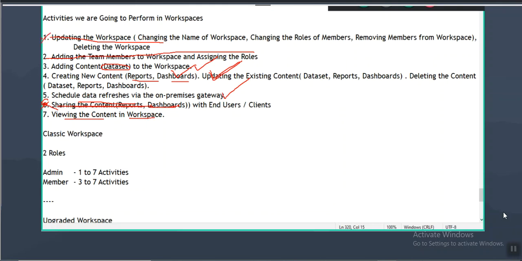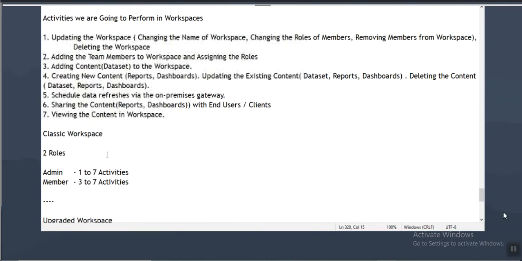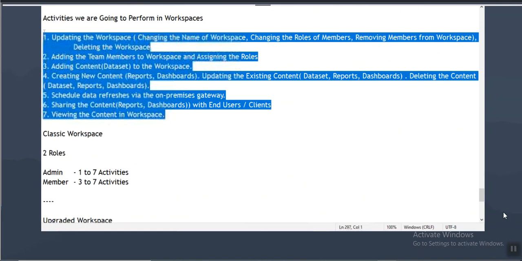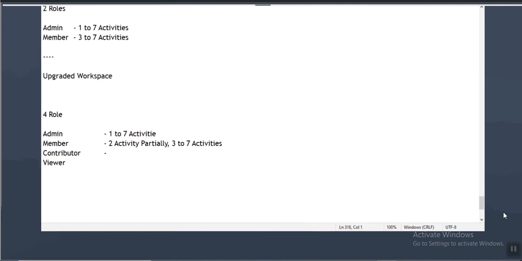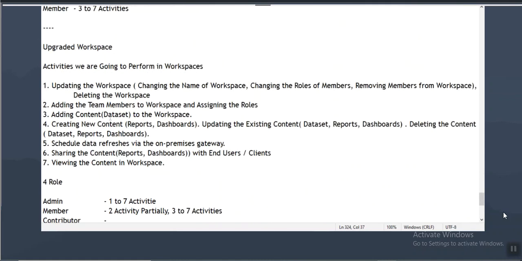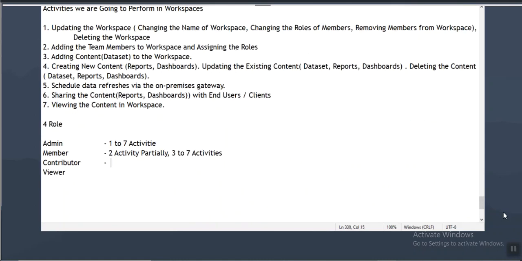Contributor will not do the first activity. He is not able to do the second activity. He will do the third activity. So same work, guys, even in the new workspace, even in the upgraded workspace, the activities we are going to perform are the same. But contributor cannot do the first and second. He will do the third activity and fourth activity, fifth activity, sixth activity. No,